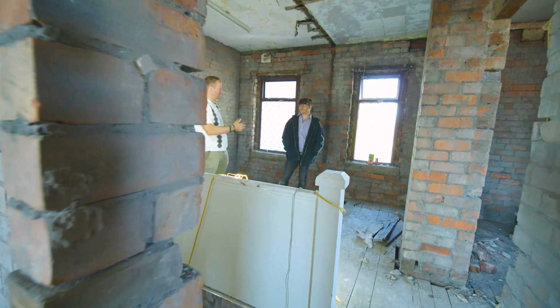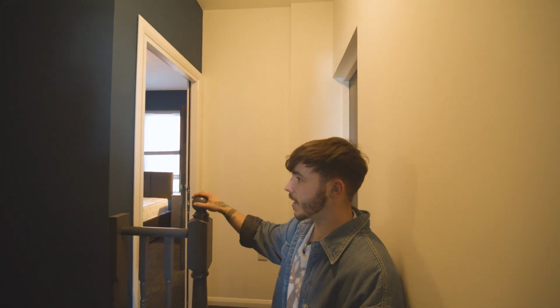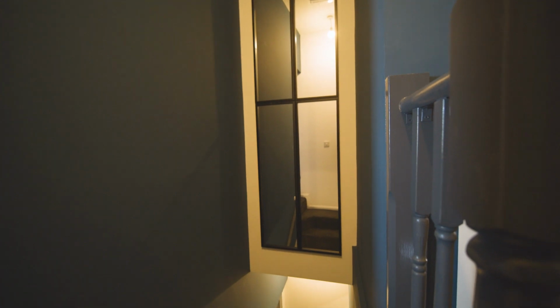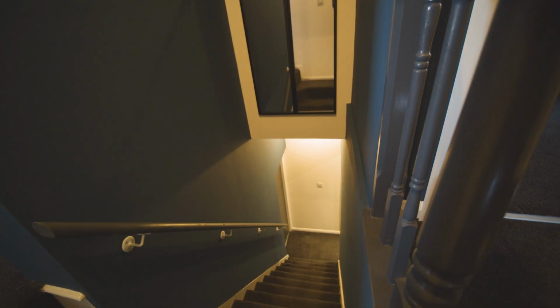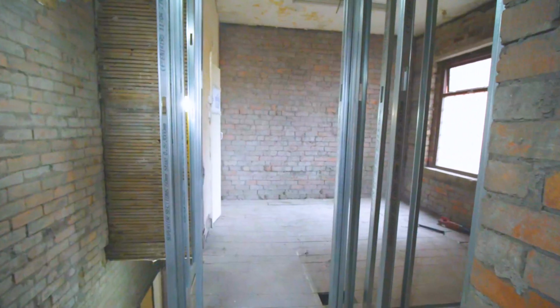We've taken that ceiling out, and we've given this space as much height as we can so that it feels nice and light and airy. And we've got a bit of a feature piece on that wall there with the mirrors to add a bit of depth here, make it less claustrophobic, because otherwise this is quite a narrow space. And then through here